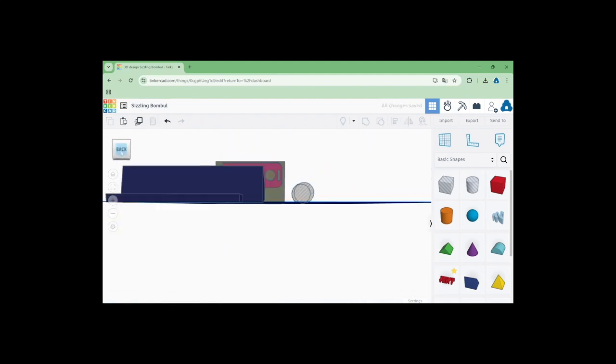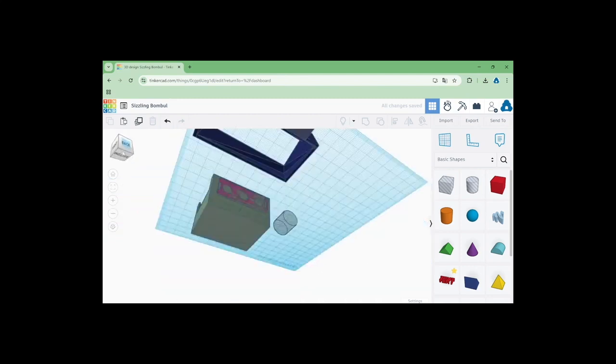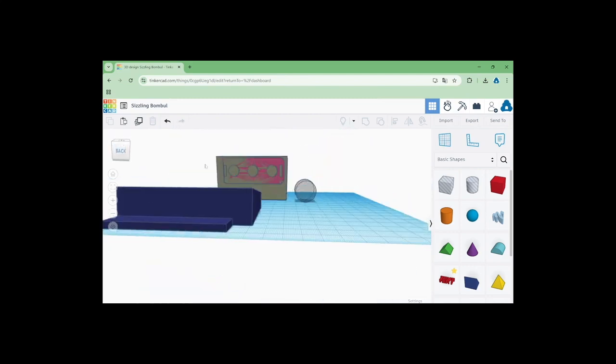Also, you can use the box, whatever element you want to use. In my case, I will just add this element, go into this position,